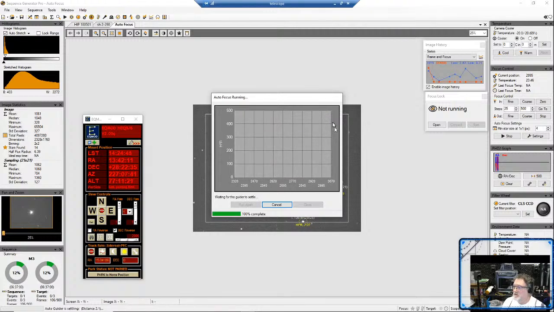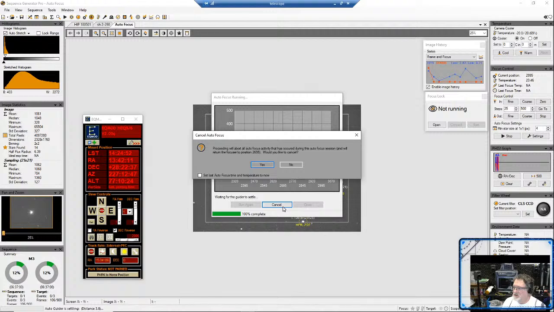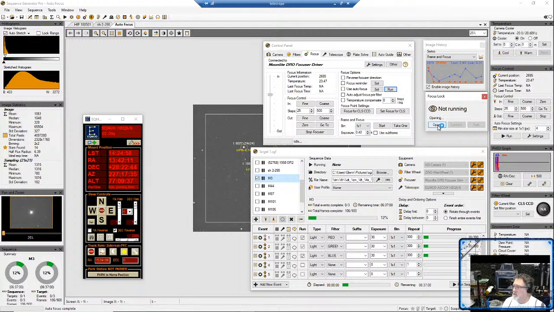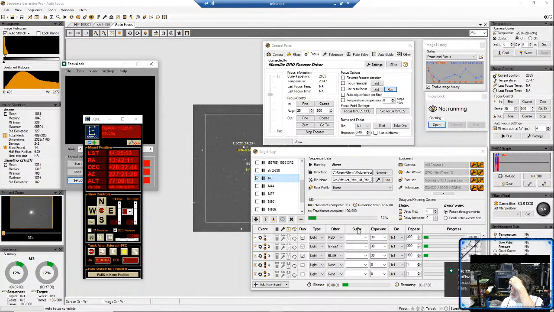So it's actually going to repeat that process because it wasn't super happy with it. But anyway, that's the autofocus routine that's in SGP. So I just wanted to show that before I do my normal thing, which is because not everybody's going to have this ONAG stuff